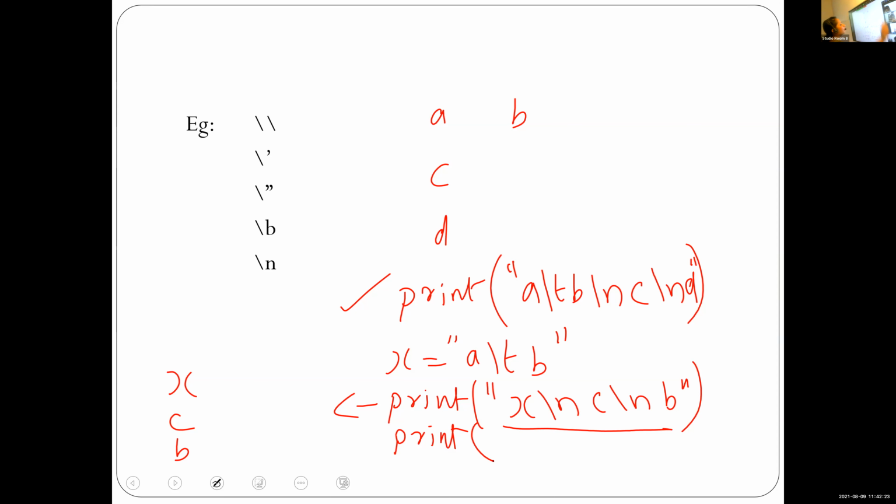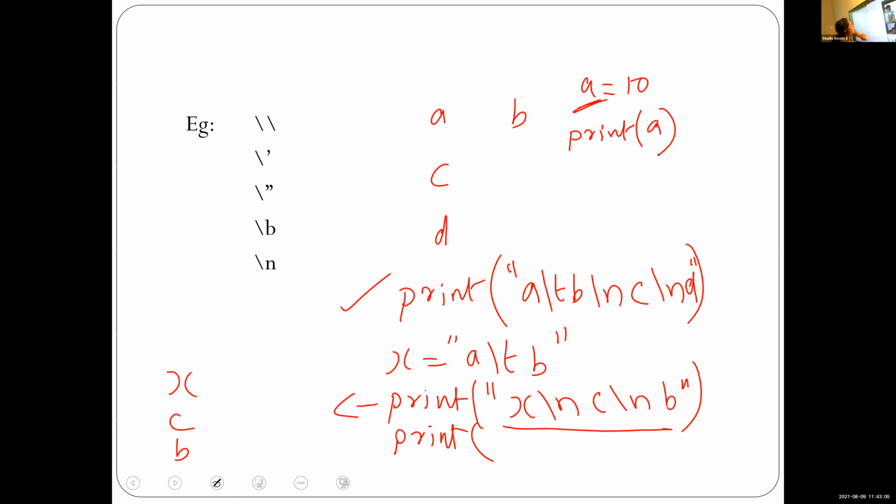How can we display the content of a variable? I am giving a statement like this, a is equal to 10. I want to print this content of a. How will we write? Tom, how will we write the statement for displaying the content of a? Print within bracket a. Okay, print within bracket a. So if I write like this, print within bracket a, without double quotes, the meaning of this print statement is the content of a is displayed.